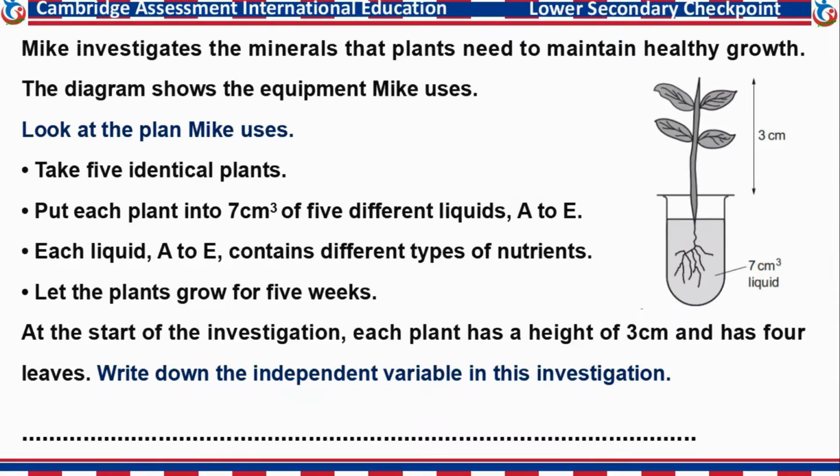It says, write down the independent variable in this investigation. The independent variable is the one on which the dependent variable depends, that affects the growth rate. So what will be that independent variable here? It is the type of nutrients in the liquid. Because if you look at this very step here,